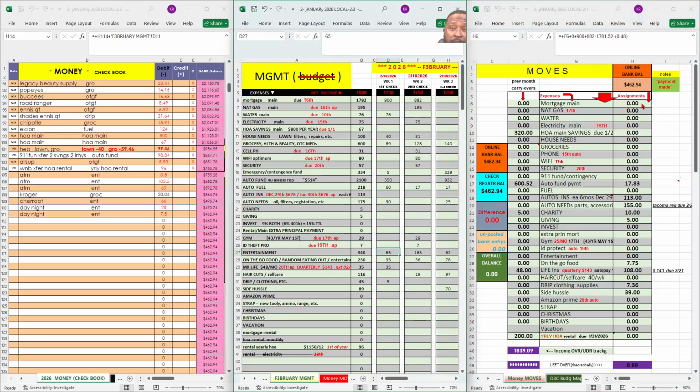So what I'm going to do is erase these transactions, and then I'm going to create a new file and name that file to represent the current month that I'm working in. And so this is how that happens. Let me show you from this point of view. You see in this auto fund,